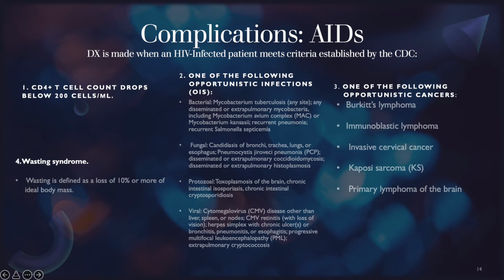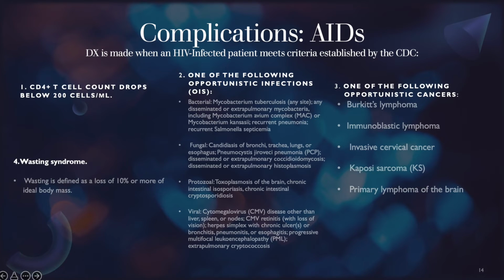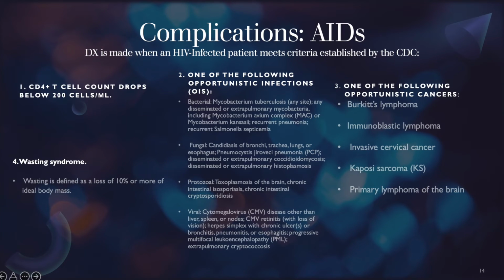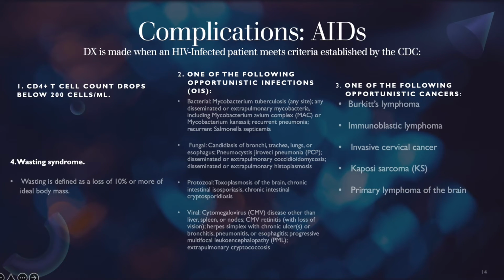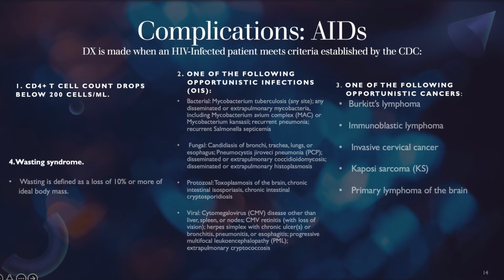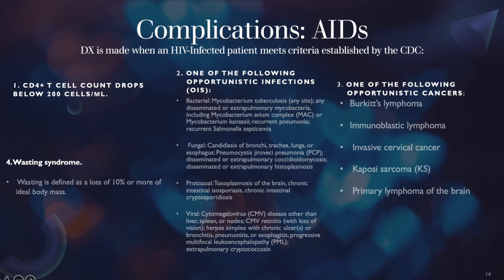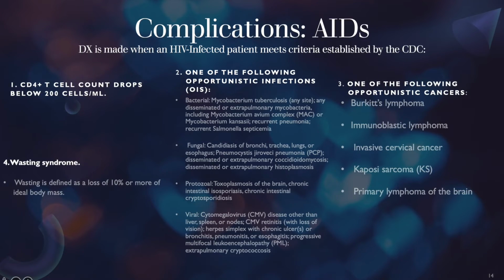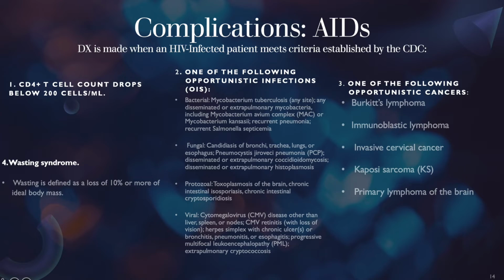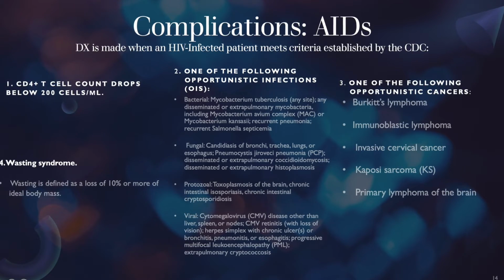And the diagnosis of AIDS is made when an HIV-infected patient meets the criteria established by the CDC, and this is the following criteria. The CD4 T cell count, remember we mentioned T cell count earlier, and when that drops below a certain threshold, which is 200, AIDS is a diagnosis at that point. Number 2, you'll have other infections along with that. So you'll have bacterial infections like